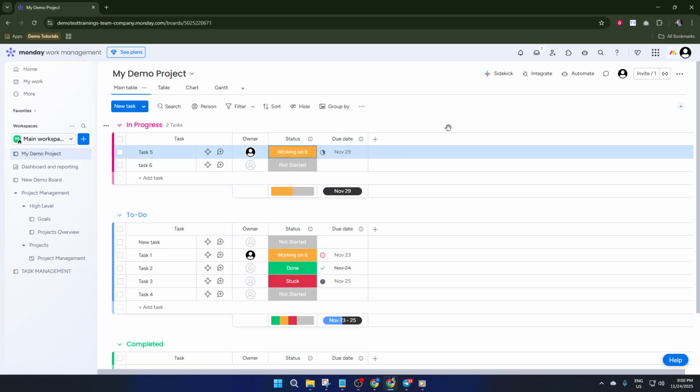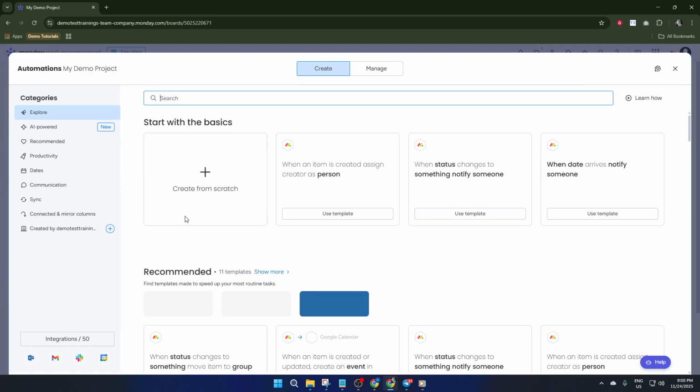To get started, find the Automate button at the top right corner of your Monday.com board. It's always visible, just waiting to help lighten your workload. Give that button a click and a menu will pop up, showing you various automation options. For this workflow, you'll want Custom Automations. This gives you the flexibility to tailor the process to fit exactly what you need, instead of relying on preset